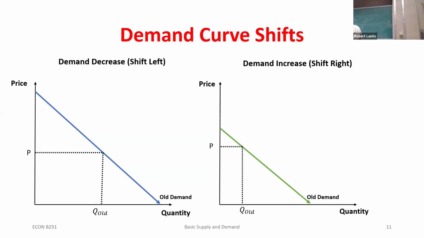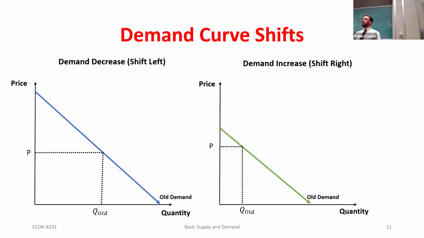And so at every single price, if I now have more income, think of it this way: at each individual price, I might now be willing to buy a higher quantity demanded. It doesn't matter, I've got more income. So no matter what the price is, I might now be willing to buy more. And so my new demand curve is going to be shifted to the right. Okay? So when we think about increases in demand,